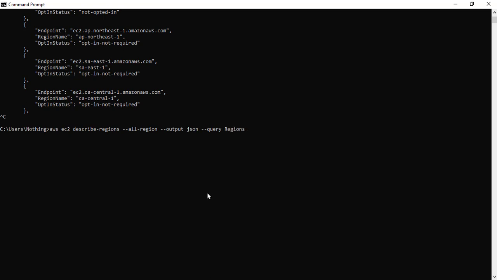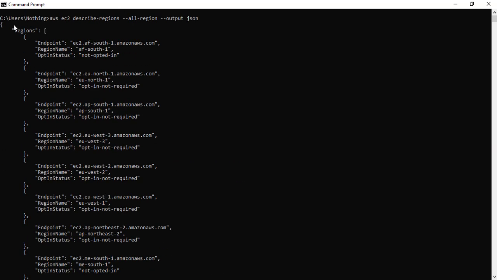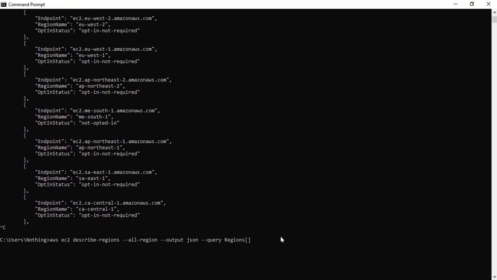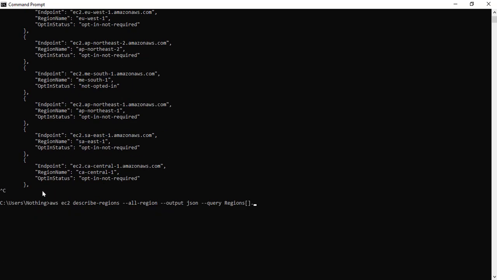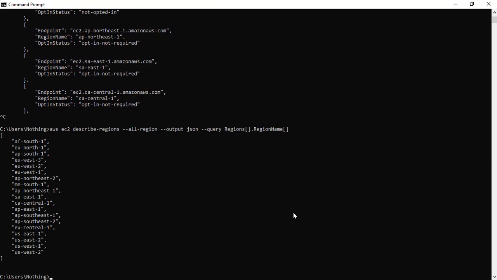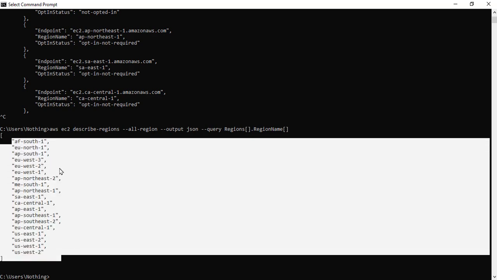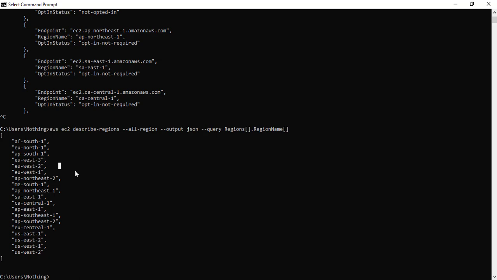You can just say regions, and suppose if you need the region name, here you go. So you have all the region names available here, and this can be used as per your use case.